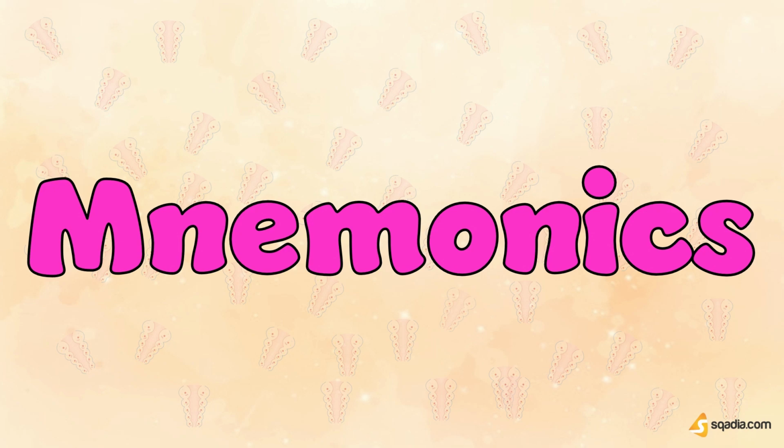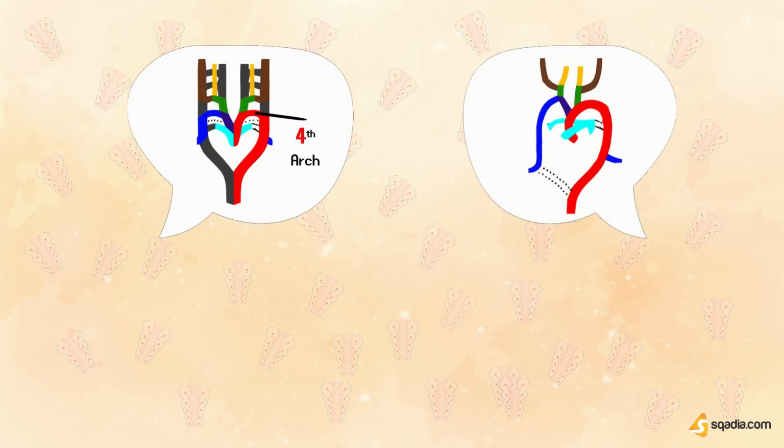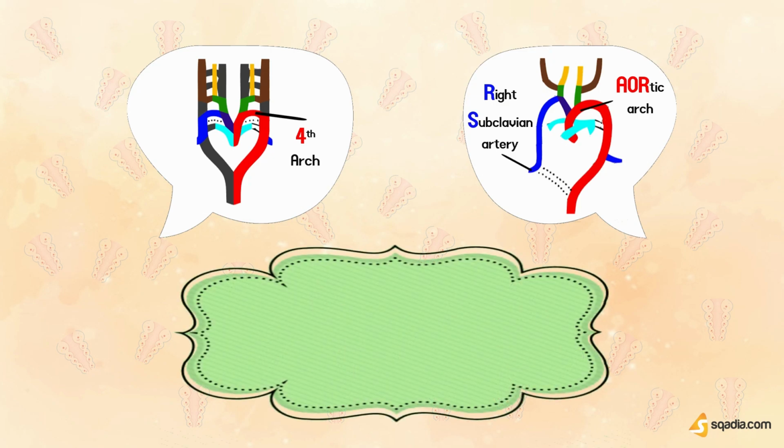First we will make mnemonic for the arteries or blood vessels, given rise by 4th and 6th pharyngeal arches. Moving to the mnemonic for 4th aortic arch. We know that aortic arch 4 of right side becomes the right subclavian artery. Aortic arch 4 of left side becomes aortic arch. So, mnemonic for 4th arch artery is that 4 with or for aorta. 4s with R and S in 4s